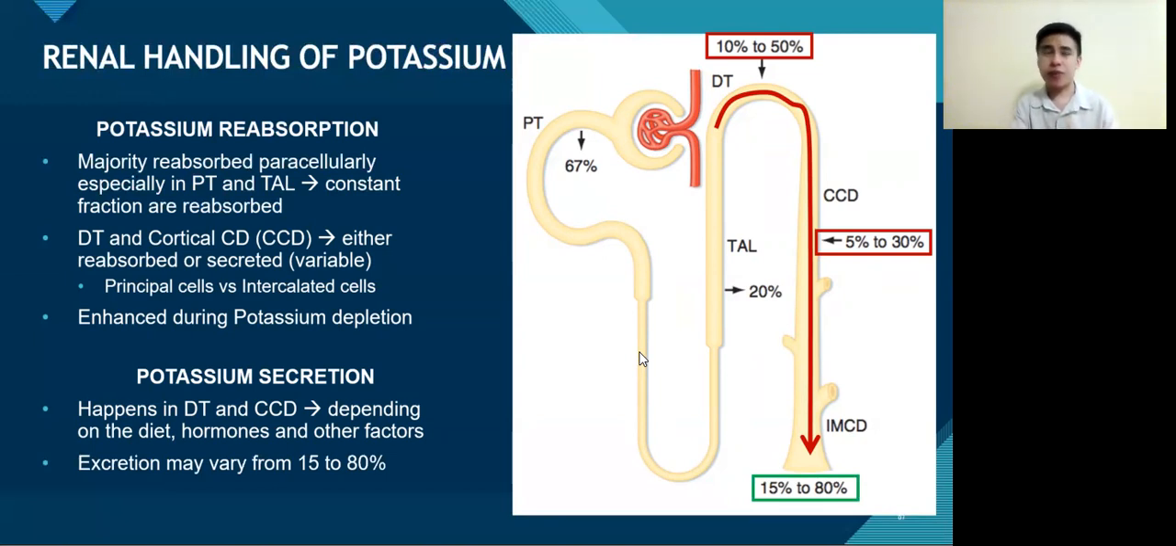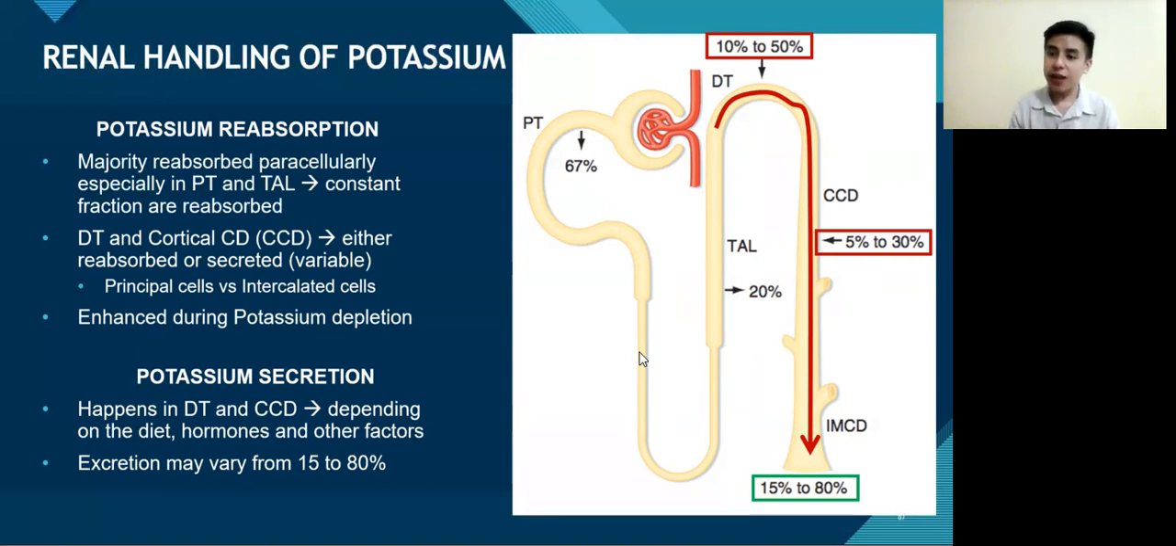If your potassium level is, let's say, 7, that's dangerous. As long as your kidney is intact, you will maximize it. You will excrete like 80%. And that's why, for a patient with kidney problems, for example where the distal tubule and collecting duct are destroyed,